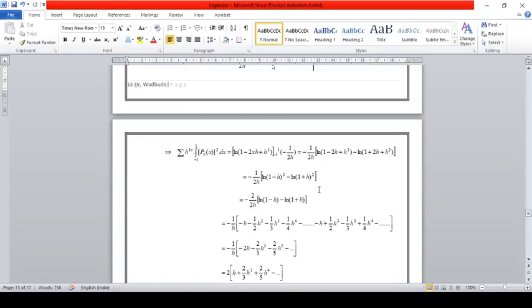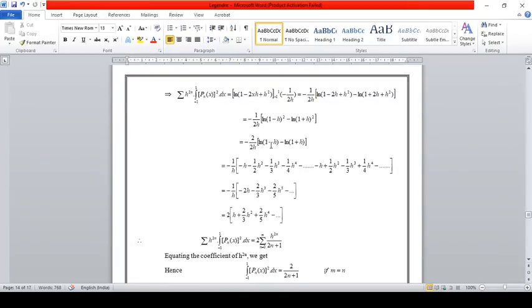By the log formula, log m raised to the power n means n log m, so 2 is here and the 2 cancels, log. Now the expansion of the first series: minus h minus 1 upon 2 h square minus 1 upon 3 h cube minus 1 upon 4 h raised to the power 4 up to infinity,